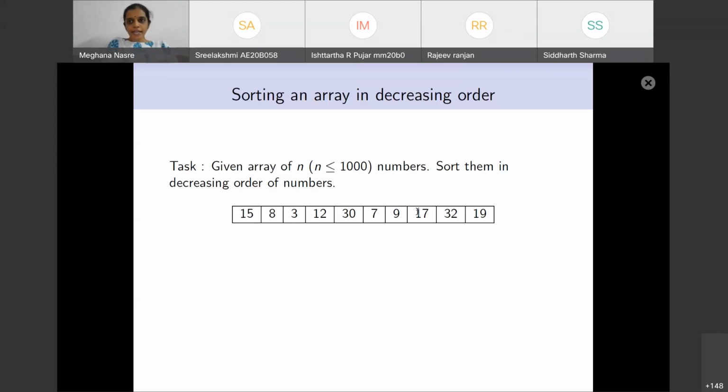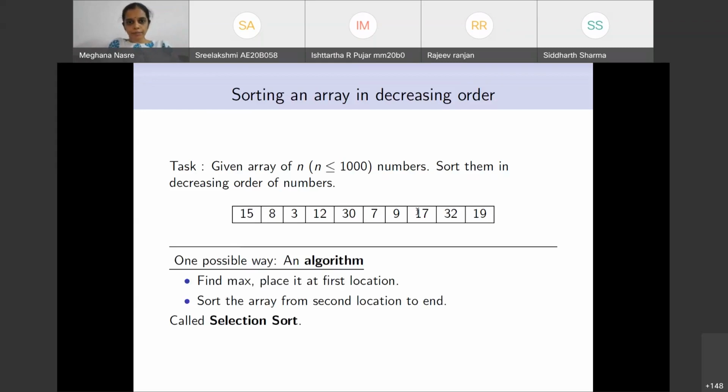Okay, so let's get started with the simplest sorting algorithm, which is the selection sort algorithm, which I think Siddharth had described. So we are given this array of elements which are unsorted. We want to put them into a sorted order. We want to sort them in decreasing order. Throughout our discussion, we will just sort things in decreasing order or non-increasing order. And so therefore the first element should be the largest, and the last element should be the smallest amongst all of the elements that are given.